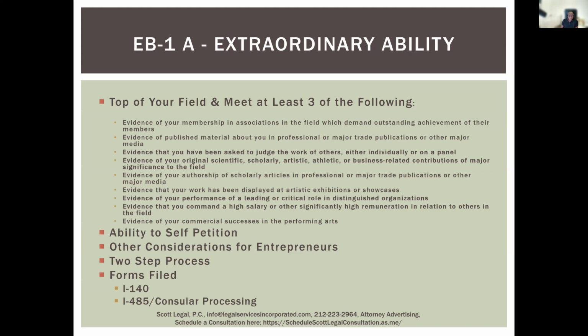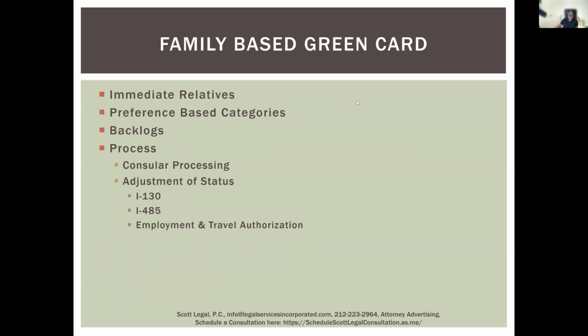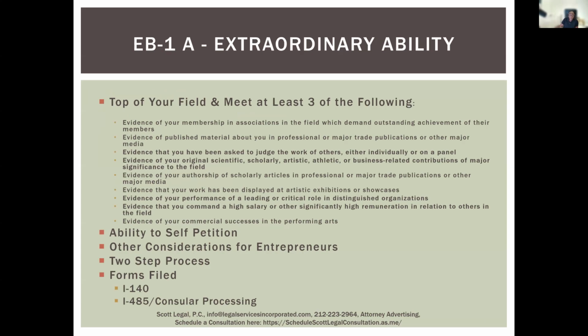So again, this particular one is a 2-step process. Let me describe it now. I said it could be a 2 or 3-step process. So let's just go back to the family base for 1 second. Let's say the situation of the immediate relatives, and a U.S. citizen sponsors the spouse. The 3rd step in that process, and this happens only in a few categories,